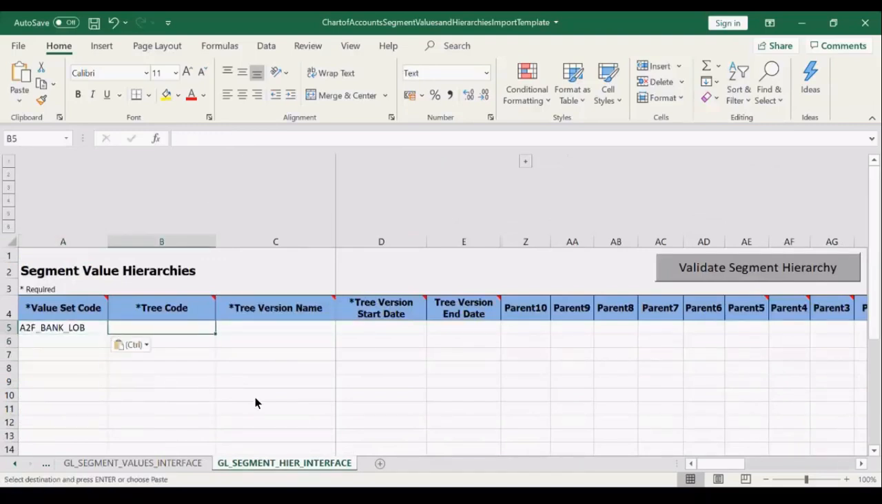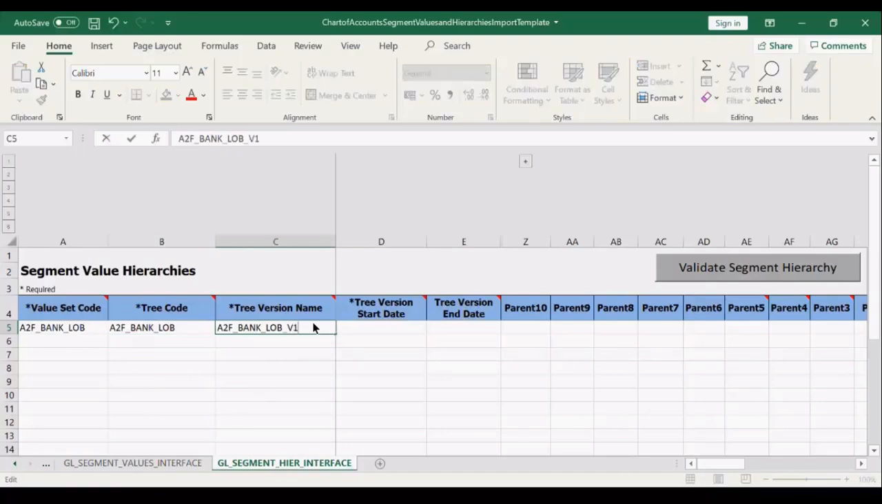Okay, so this is my value set code. You can give the same name as tree code, and you can give a tree version as well. So if you want to give whatever version name, version 1, version 2, you can give that particular version. And I can give a start date. Now whatever start date you want to provide here,